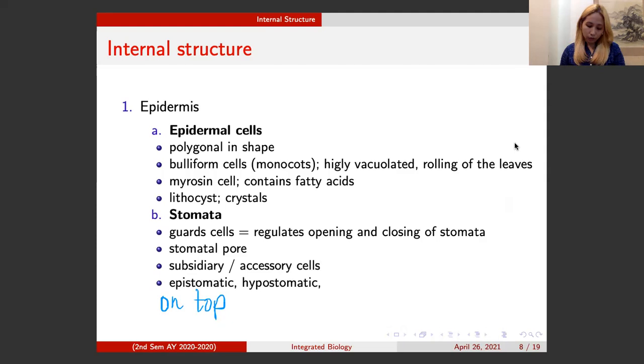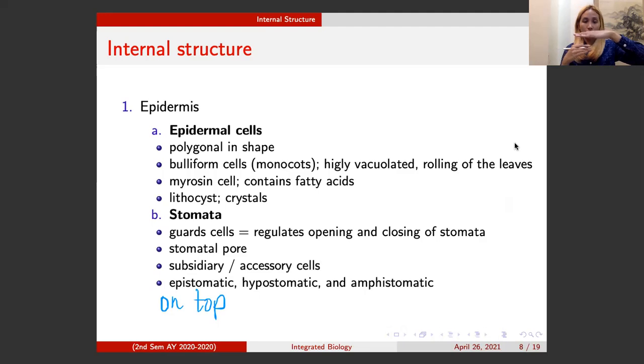Hypostomatic leaves, of course, have the stomates below the leaf. So instead of finding them on top, you will find them below the leaf. And then amphistomatic are those types of leaves where you can find stomates on both the upper and the